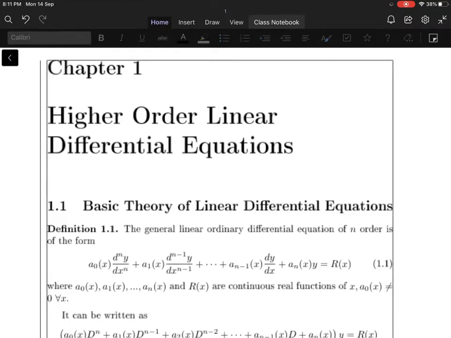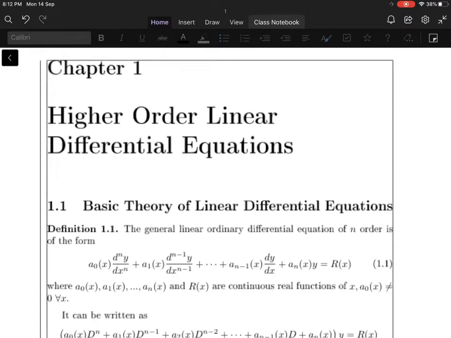In the first paper we have 5 units. The first unit contains solutions of higher order differential equations. The second unit also includes the same, a continuation of solutions of higher order differential equations. The third unit is Laplace transformation. The fourth and fifth units are ring theory. Now let us move to the solutions of higher order linear differential equations.